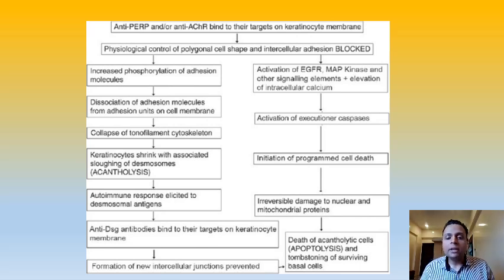So now they have understood the initial process is not the desmosomal cadherin antibodies. It is something else. What is that? That is the antibodies to what? What are the antibodies? Anti-PERP and anti-AChR. Okay,